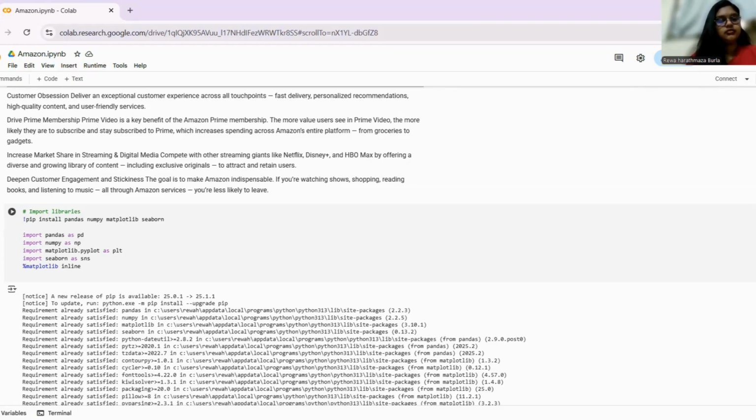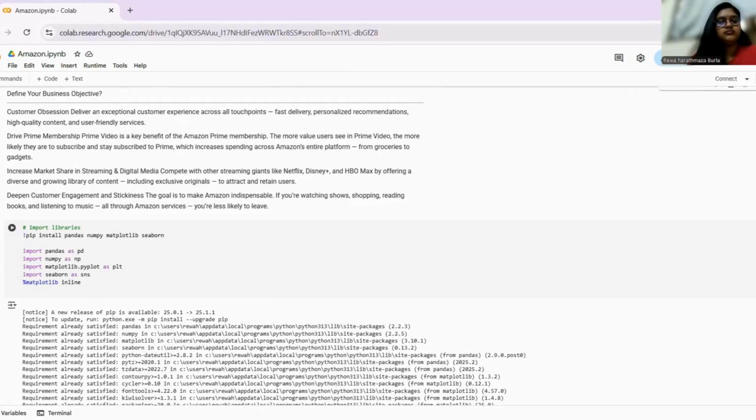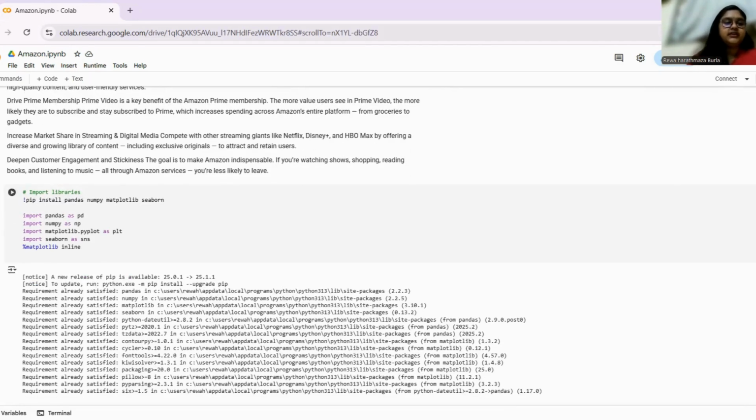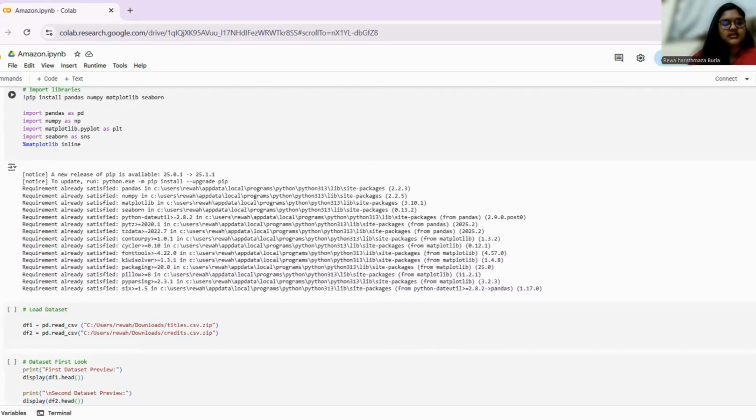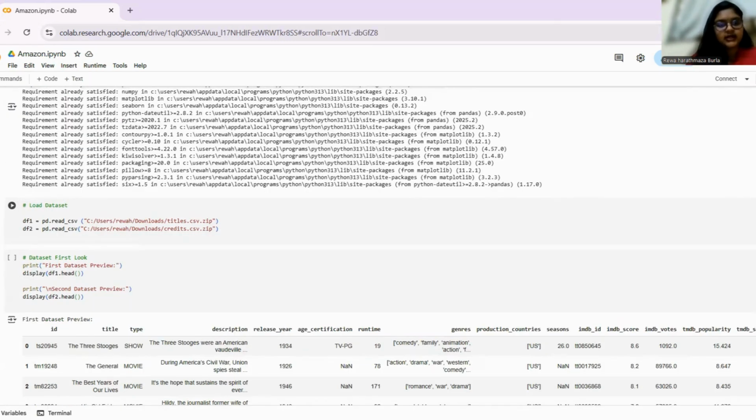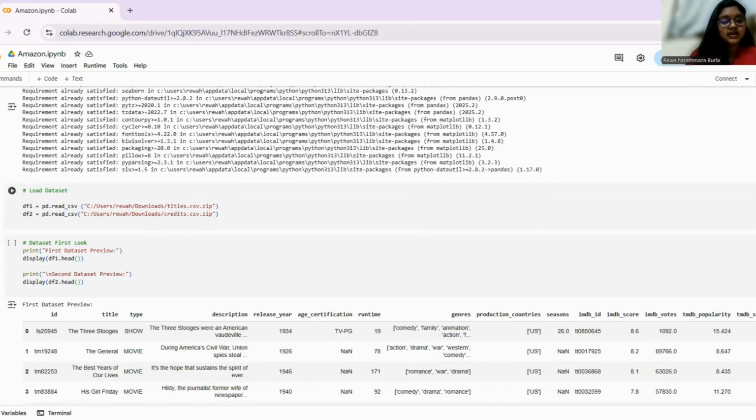Next. So here I've imported the libraries and we are getting into the data right now. We can see here I've imported the libraries: pandas, numpy, matplotlib, seaborn. And then I've loaded the data set. As I said earlier, we have two data sets, titles and credits, with all the other data like who is the actor,